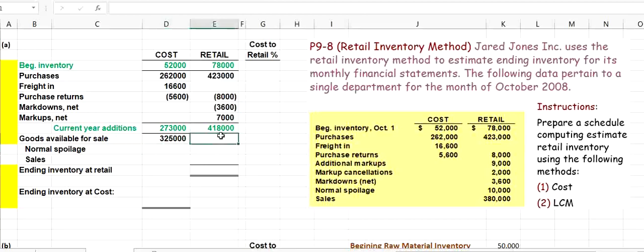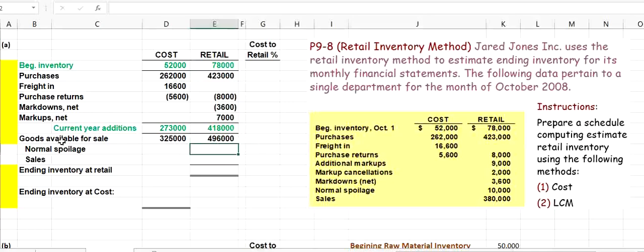Likewise we will do the same thing for the inventory that was available with us at the start of the year. Its retail value was $78,000, and now during the year, all these, 4,23, 8,000, 3,600, 7,000, are representing during the year. That's why I did not mark these four-five rows as green. I left the upper one and this one as green because these two must be plus at the end. So this was the point I was pointing out. I will add it to the during-the-year retail value and I get the available for sale.